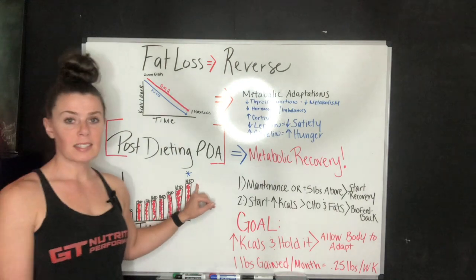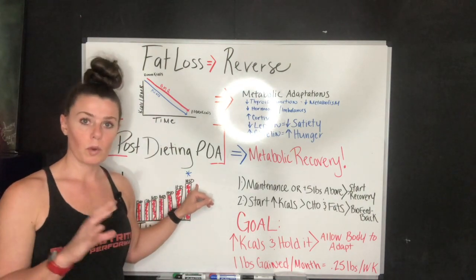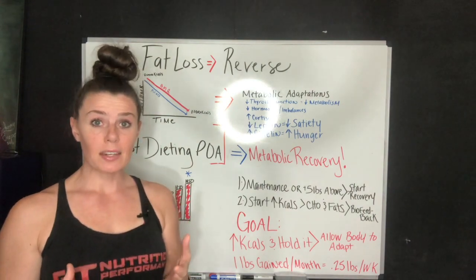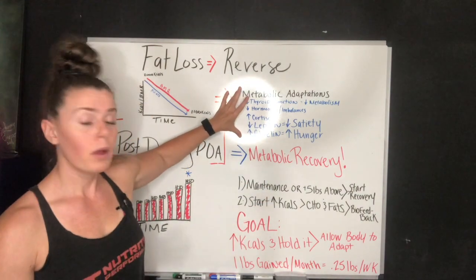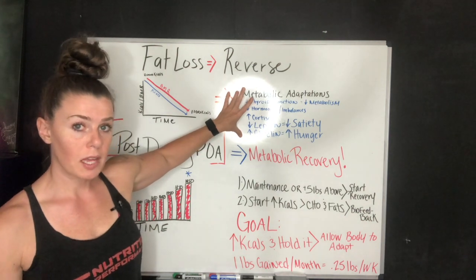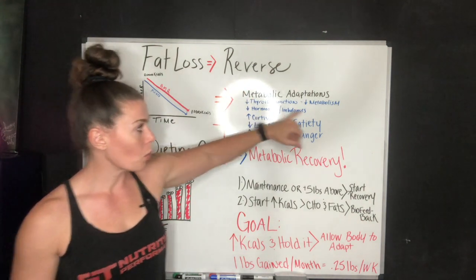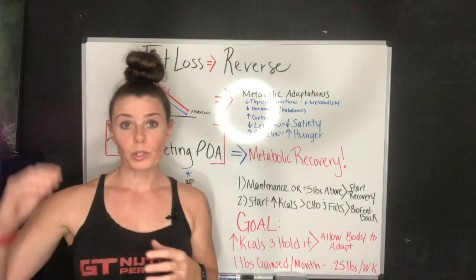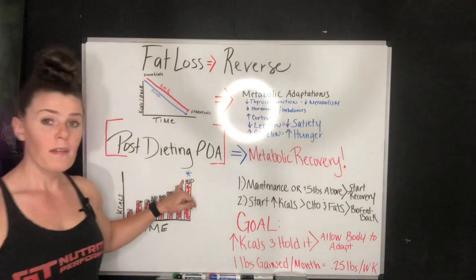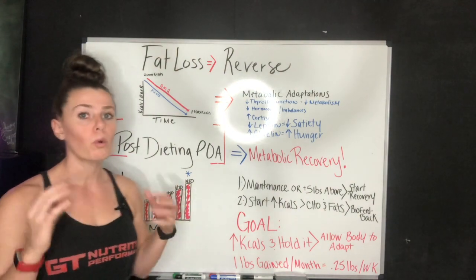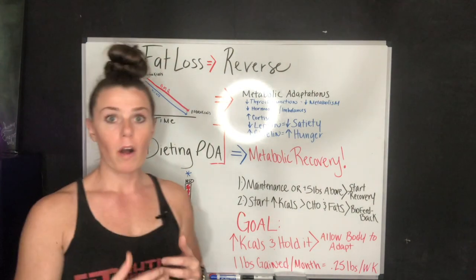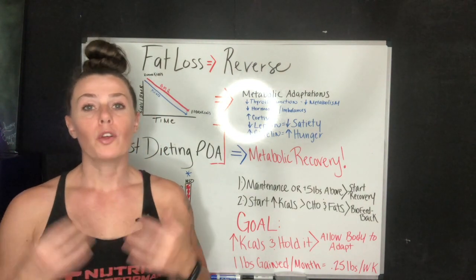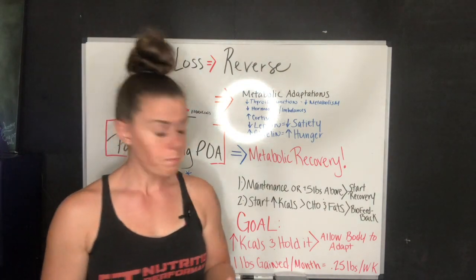Now, this isn't to say this is where this individual is going to stop with their reverse, because the goal of a reverse is to bring up all of the metabolic adaptations that have occurred and also aid the metabolism. So if your metabolism or your ceiling can go higher than 1950 calories, the goal should always be to push beyond that, because the higher the calories, the better your metabolism is going to become.